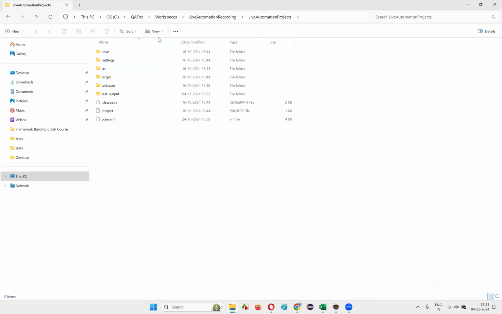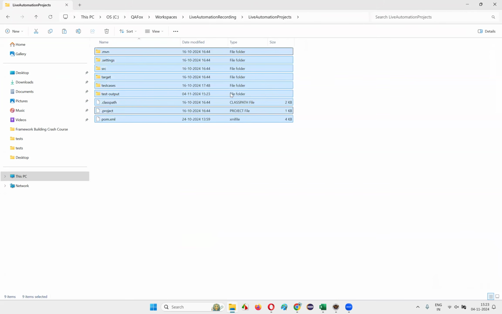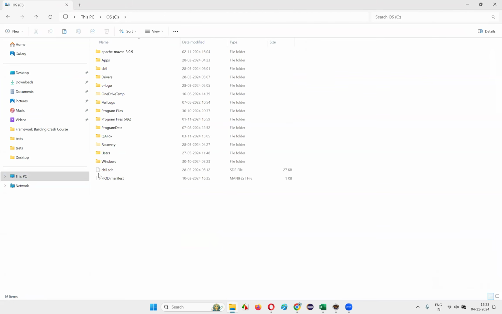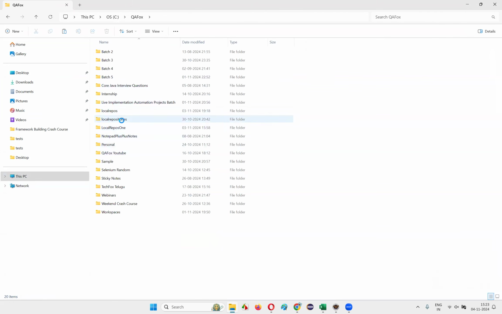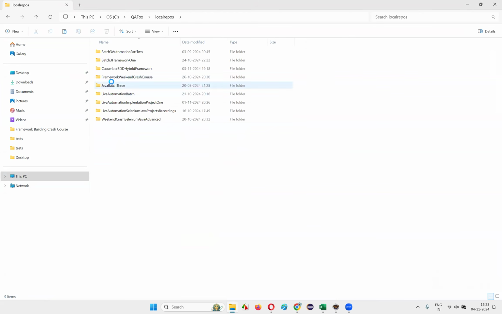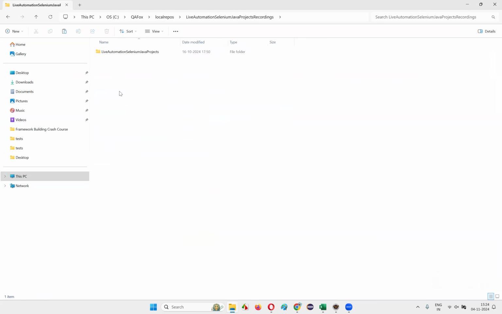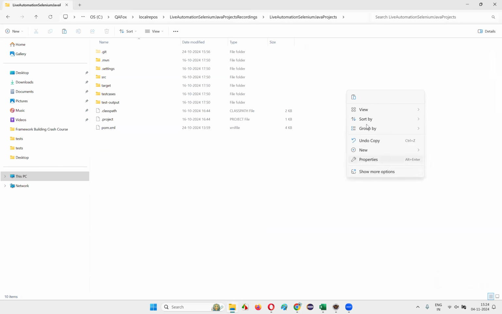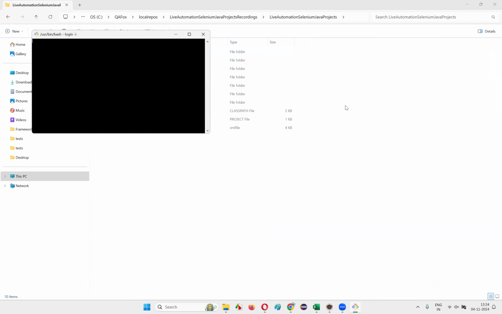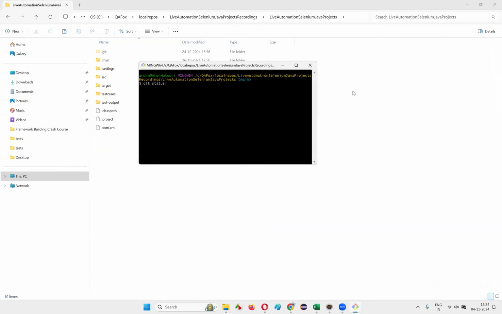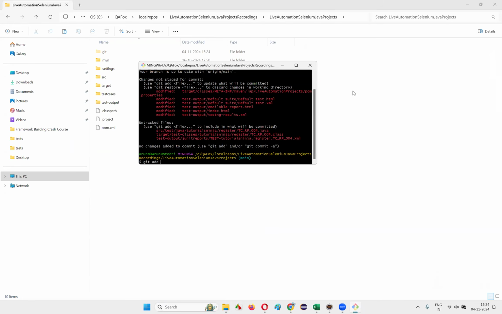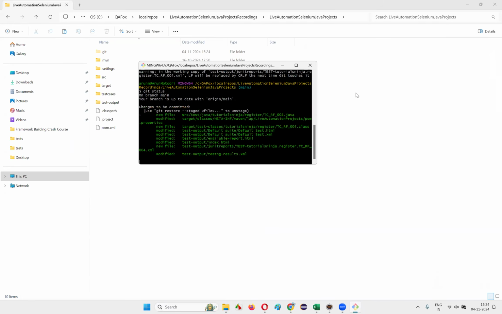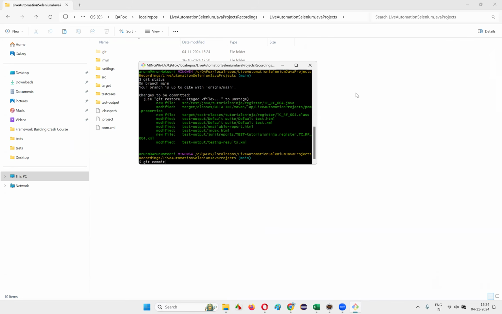I'll upload this code into the GitHub repo. Control A, Control C, and go to the local repository, which I have created long back. Control V, replace. Right click, show more options. So here I'll type git status, git add dot, then again git status, git commit -m